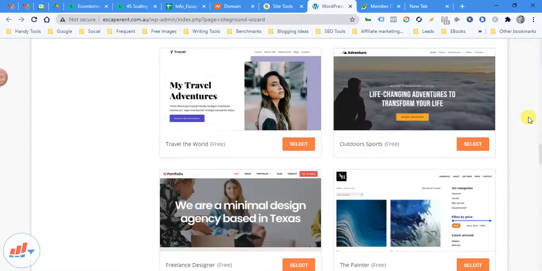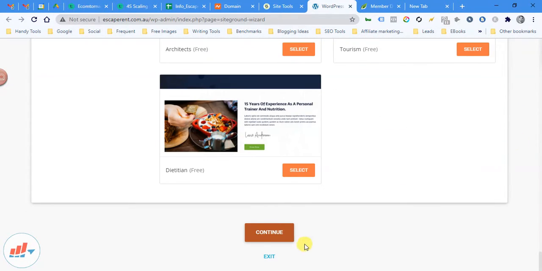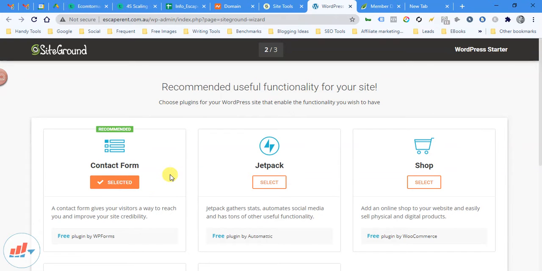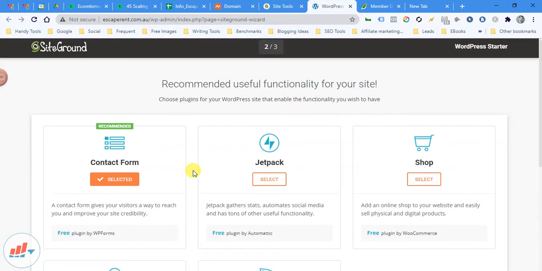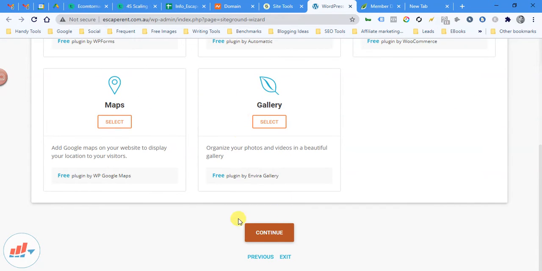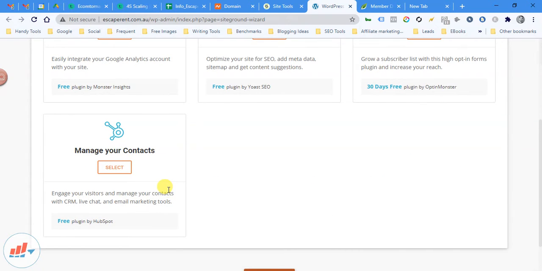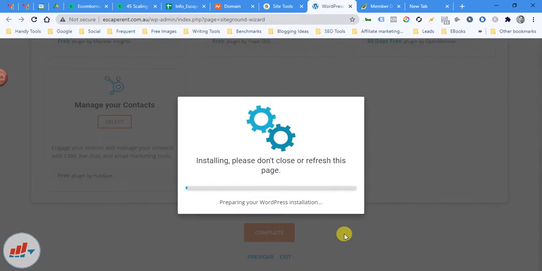So we'll simply press continue here, and here it's again telling you that different forms are there, different plugins are there. If you need any plugins, you can use them, but we can make that selection afterwards. And here also we don't need to make any selection, so we can simply go ahead and complete the setup for the WordPress installation.